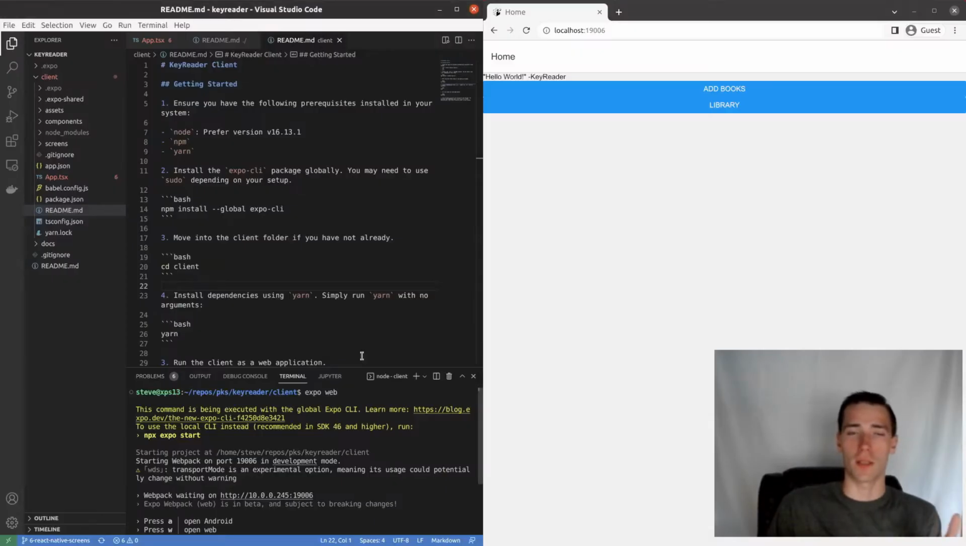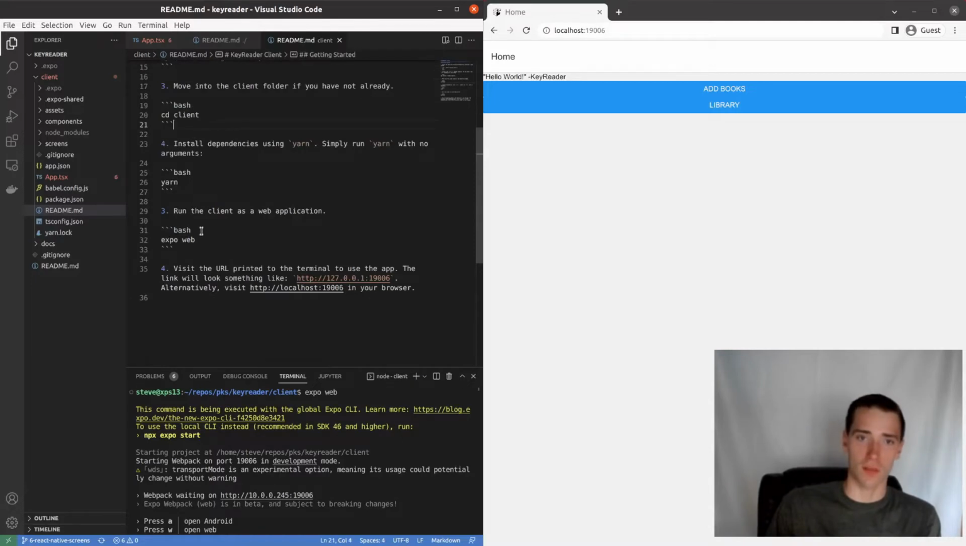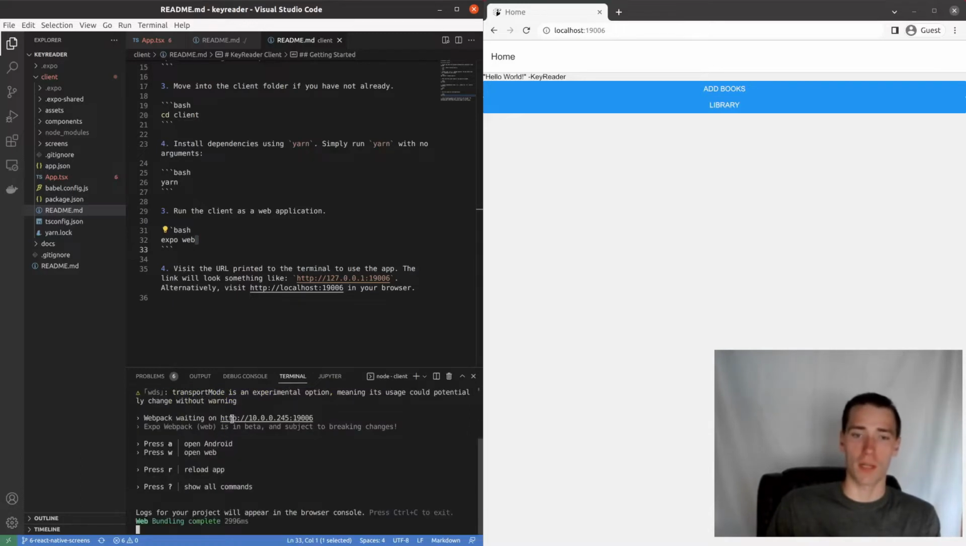Okay, so here we are in the example app. There is a README in the client folder that tells you exactly what you need to do to get started. So I just followed these instructions. I said Expo Web in the client folder, and it launched Expo. So we have our app running on localhost